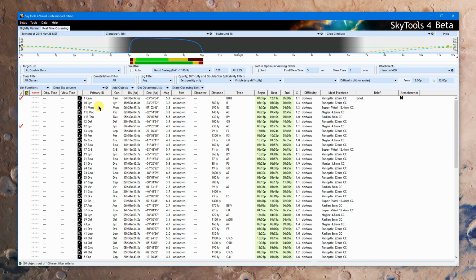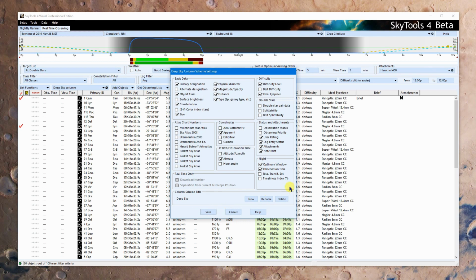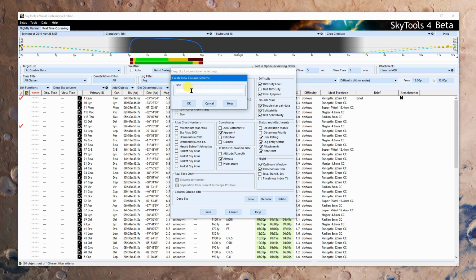Well, these are deep sky columns. It's not even showing us the difficulty columns. So let's go. We're going to click on the icon here, and we're going to add the double star data in, and we're going to look around and we're going to say, you know what, this type isn't very interesting for double stars, and certainly the diameter doesn't apply, nor does the size. And so for our, oh wait, I forgot to click new here. For our double stars,